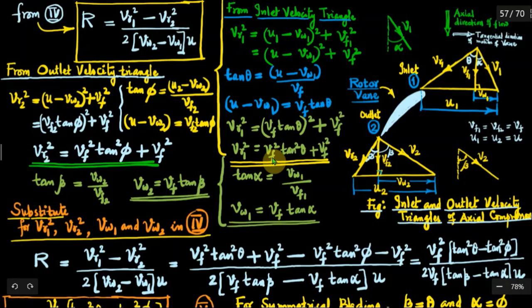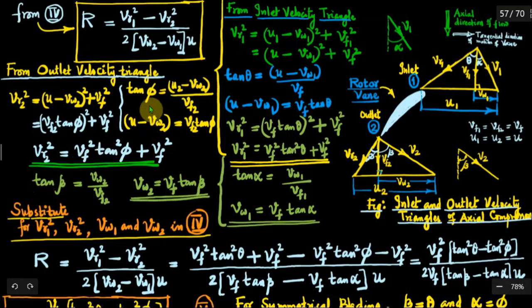Okay. Similarly, you obtain an expression for Vr2 square from the outlet velocity triangle. In fact, that you can do by yourself, but let me briefly explain that one also. You take tan phi from the outlet velocity triangle, from this small right triangle on the left side portion of the complete velocity triangle at outlet. So, what is tan phi? Phi is the vane angle at outlet. So, tan phi is equal to opposite side, u2 minus Vw2, divided by adjacent side, that is Vf2.